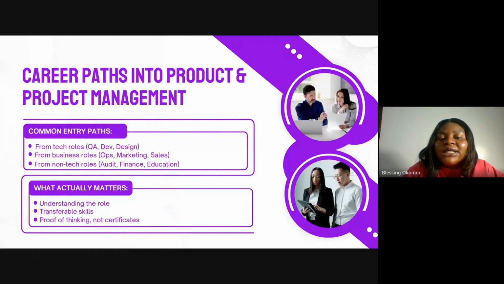Then understand what it takes for you to become a project manager, for you to collaborate with your team appropriately, to bring everyone together and align the entire team to get things done, right? Know that your transferable skills are your strong points to transition into these two roles, right? It is not lost. Your transferable skills are not wasted. It is even an edge for you to thrive in this field.